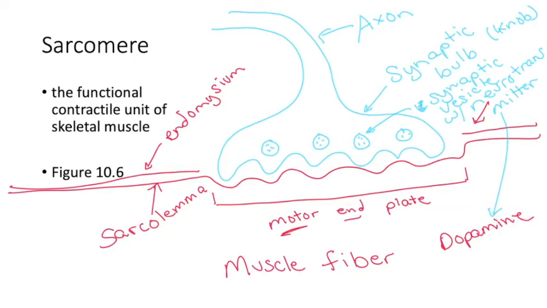Dopamine is a type of neurotransmitter. Most people have heard of that. Serotonin, also a type of neurotransmitter. We are not worried about either of those for this class, though they are very, very interesting. Instead, the neurotransmitter at the neuromuscular junction specifically, so the junction between a neuron and the skeletal muscle cell, that neurotransmitter is called acetylcholine,